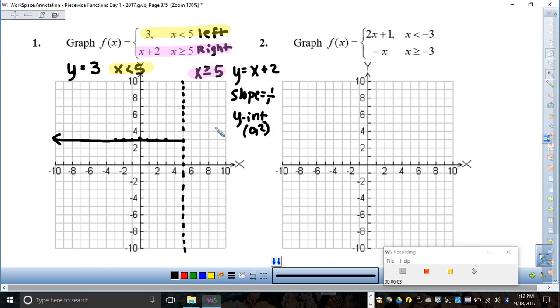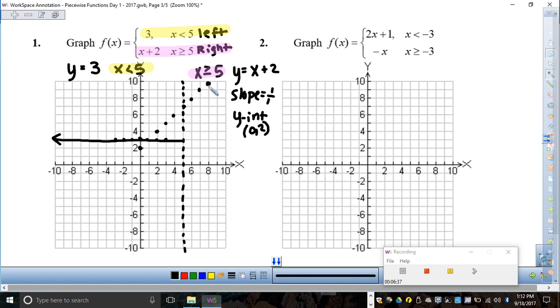To help us graph this line, we're actually going to plot a few points on the wrong side. Do it with a pencil. You can go back and erase it later. So I'm going to plot the y-intercept at 2. Eventually I'm going to go back and erase that point, don't worry. For our slope of 1, up 1 over 1, up 1 over 1. I'm going to keep doing that, plotting as many points as I need to get some points to show up